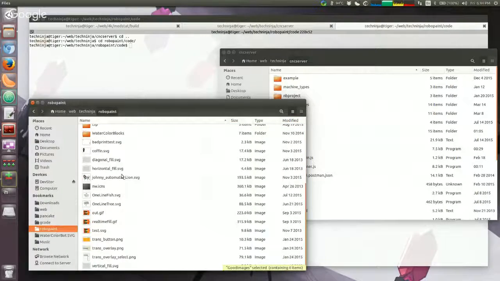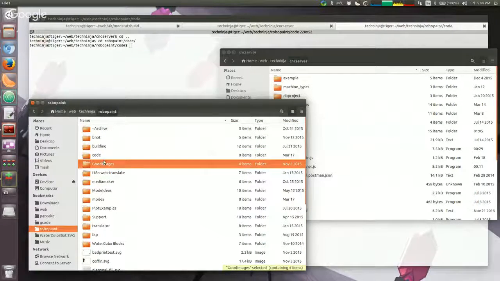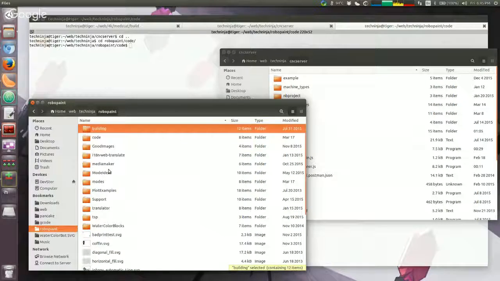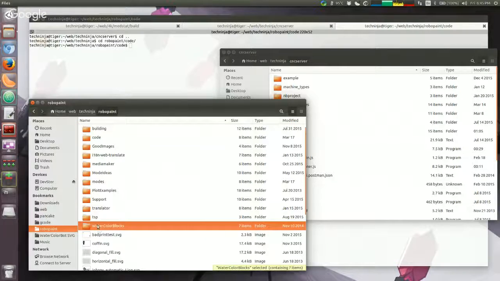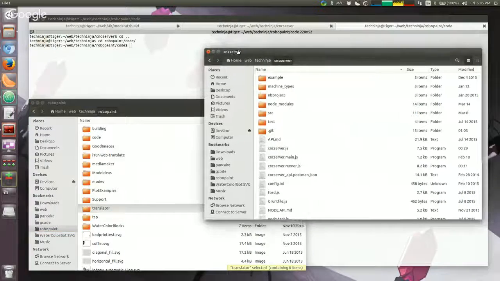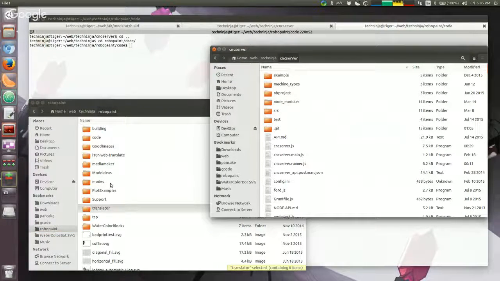I work on so many little crazy things all the time that I have a big mess going on here of little things like the watercolor blocks, outputs, and the translator code, and a number of other things. But for the most part, what we try to do is break things out into separate component parts so that we don't have to worry about things getting too big and crazy. Let's pull back a little bit.